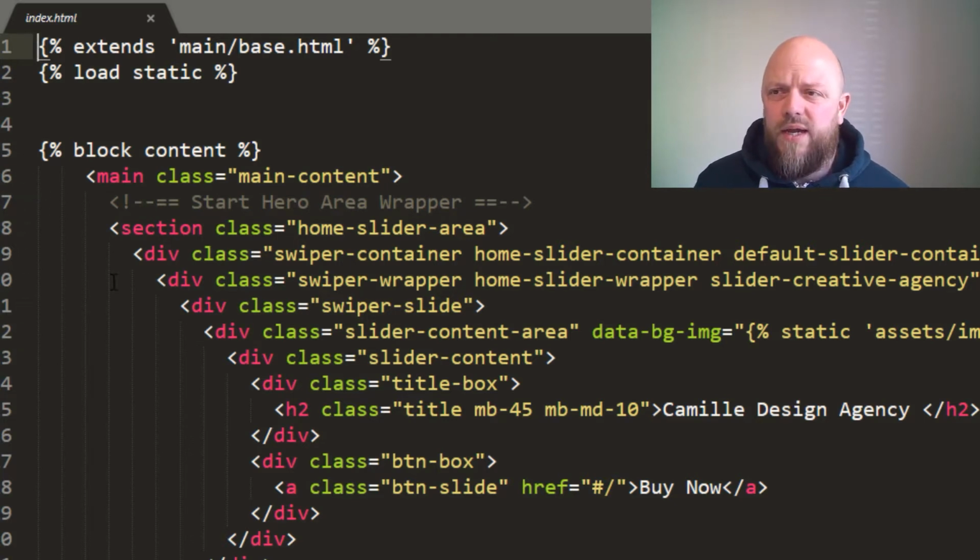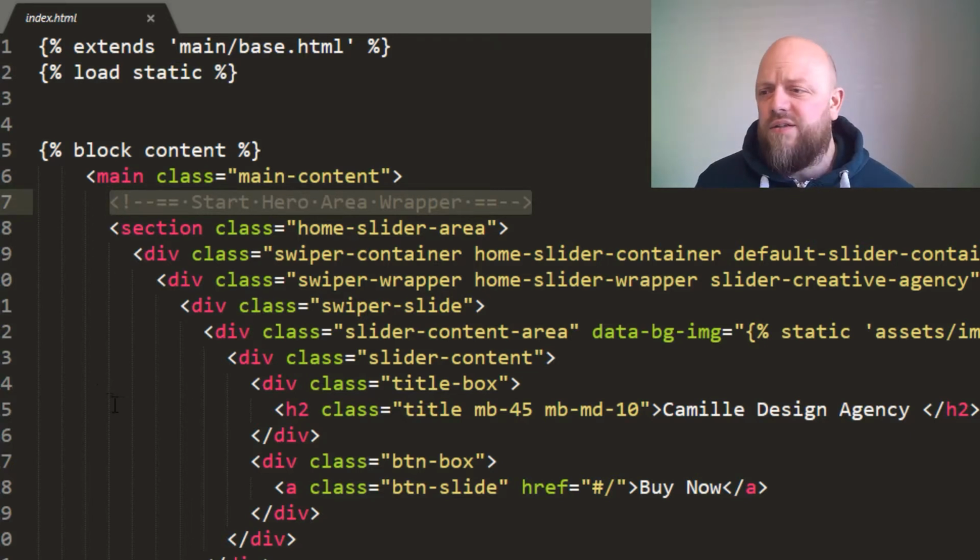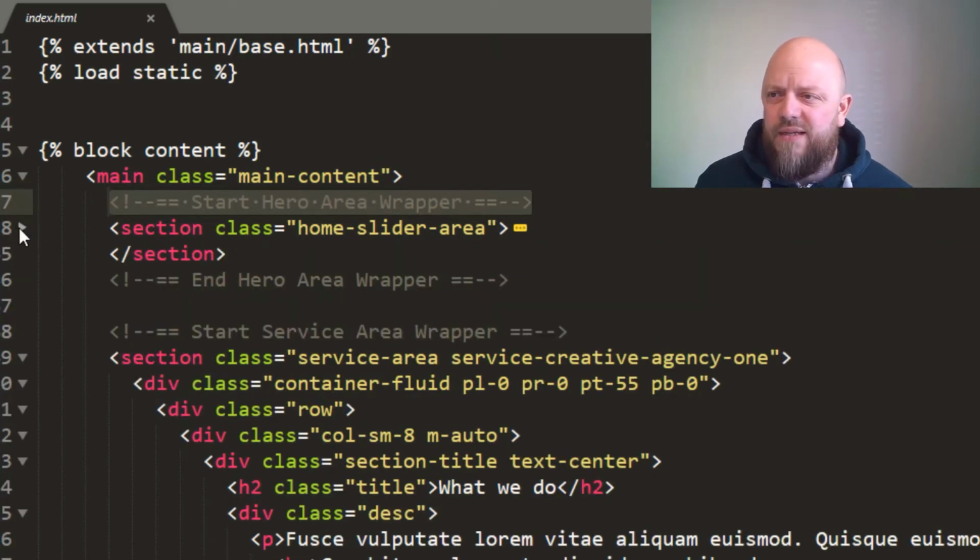Most templates you buy online are very well documented, and they've got all of these commented out parts here that tell you exactly what they do. Don't ignore them, read them through, because you could end up wasting a lot of time trying to work it out for yourself. So this is telling me that this starts the hero area wrapper. So this has got a hero header. If you don't know what that is,